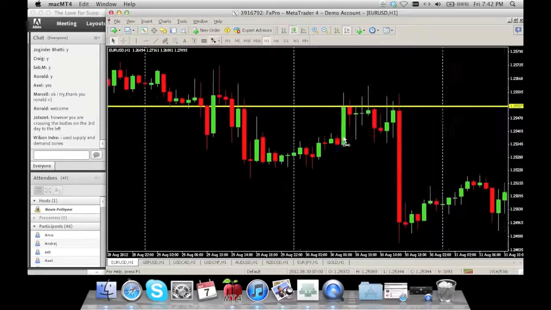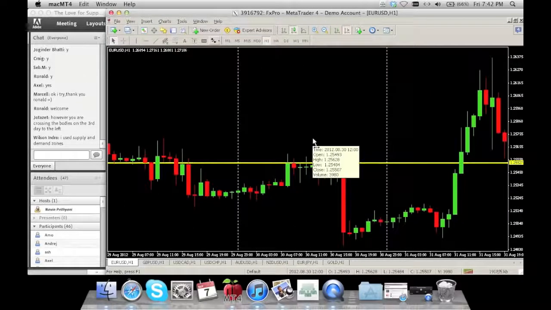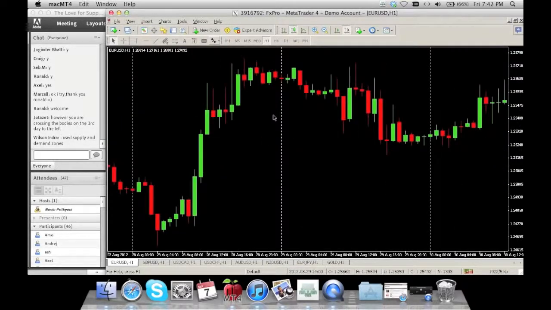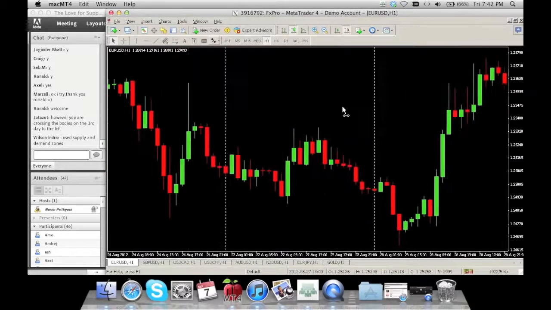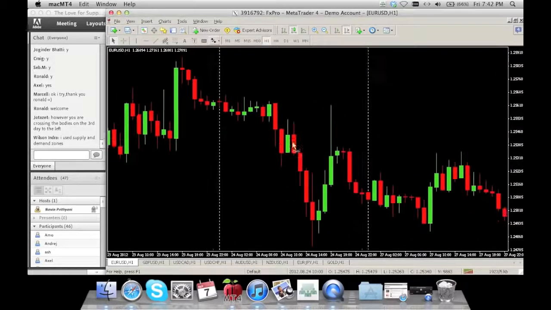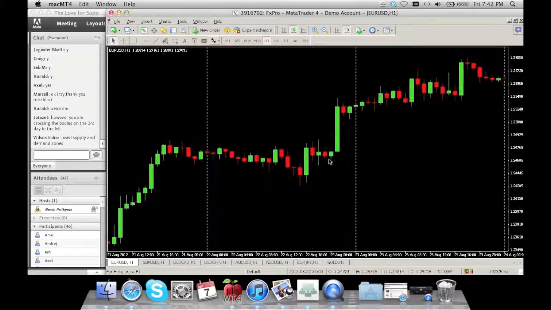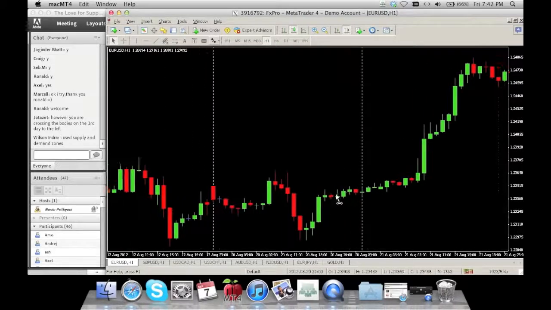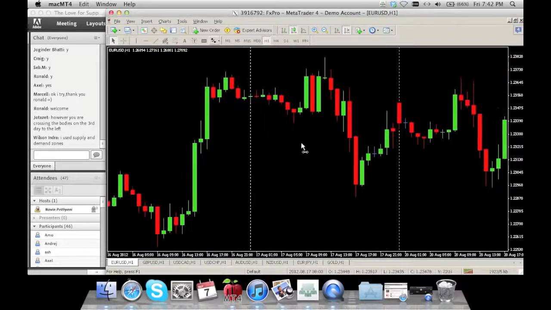Now, there is a whole different meaning in terms of strength. How much strength this level holds is determined by how many times this level has held again and again in the past. And we're going to go through that. So I'm going to go through some more examples of the body versus tail method, and you guys are going to tell me if it's correct or incorrect. I'm going to go through some correct ones first, and then I'm going to try and trick you guys to see if you still understood it.